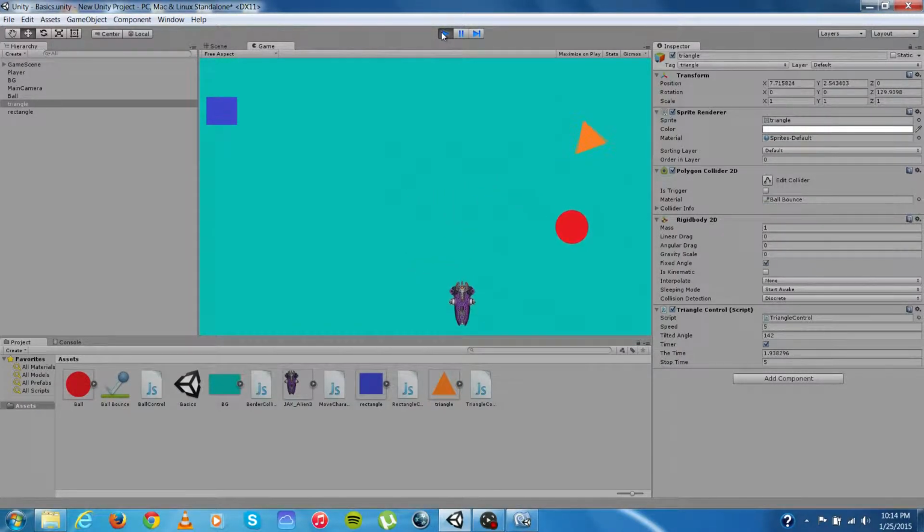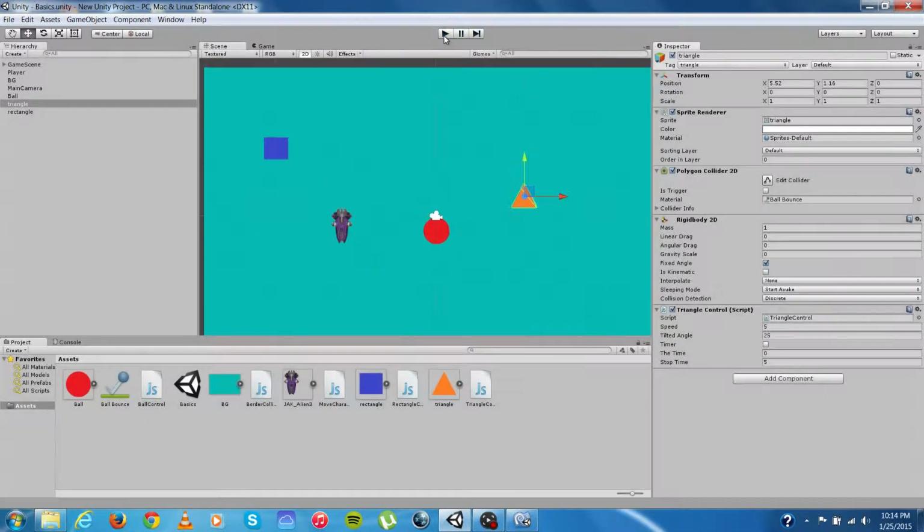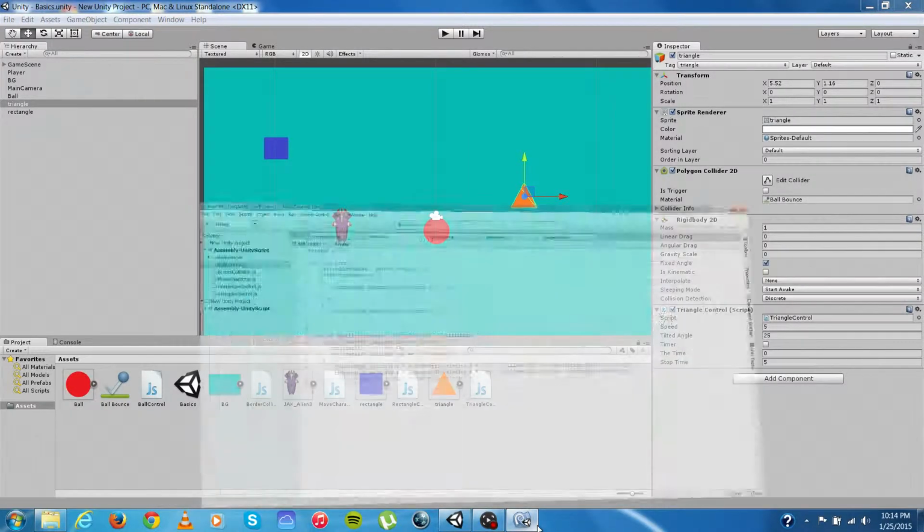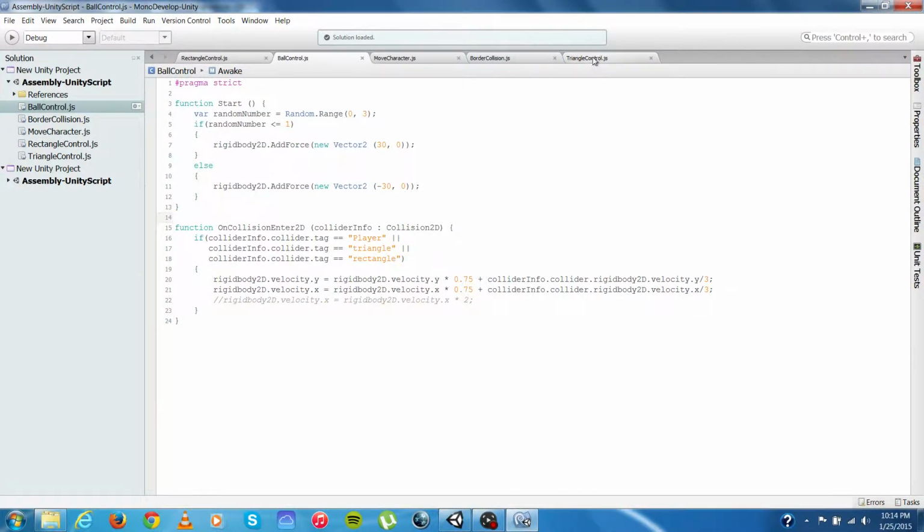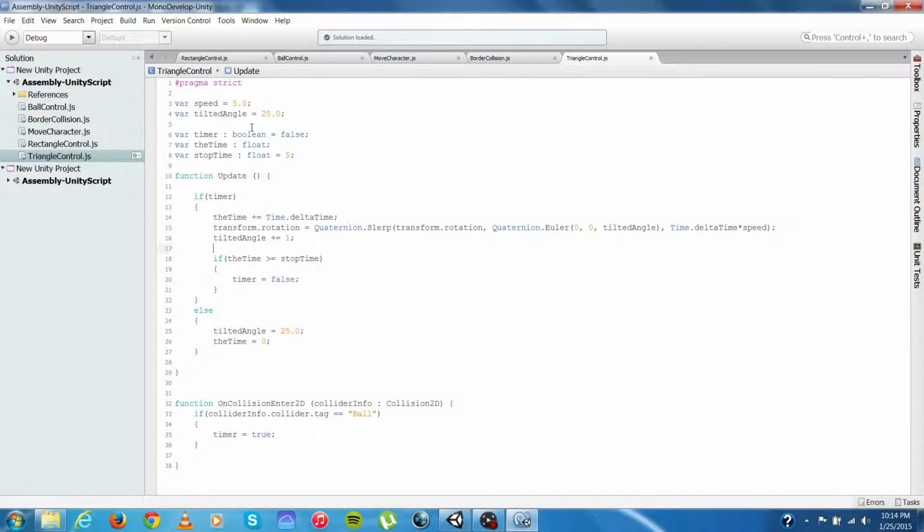Basically, whenever the ball hits it, it has a spinning motion, like certain objects in our reality that collide and hit, and then certain items tend to spin. Now, as for the actual code itself, I essentially created these values right here for speed, tilted angle, timer, the